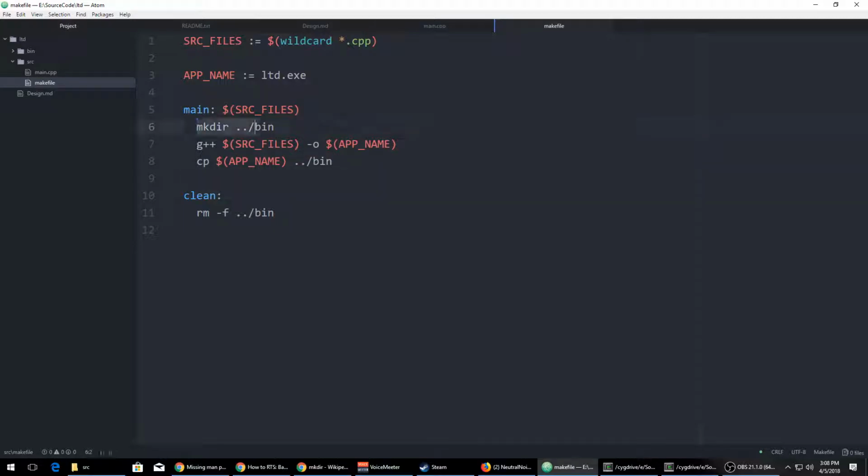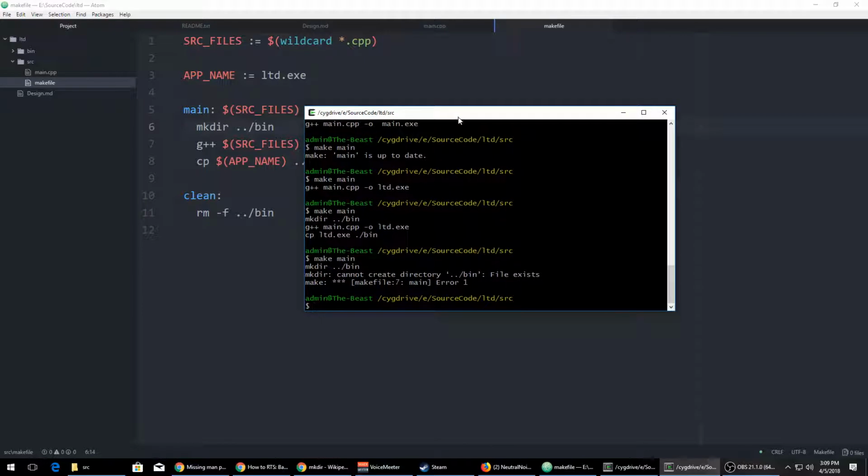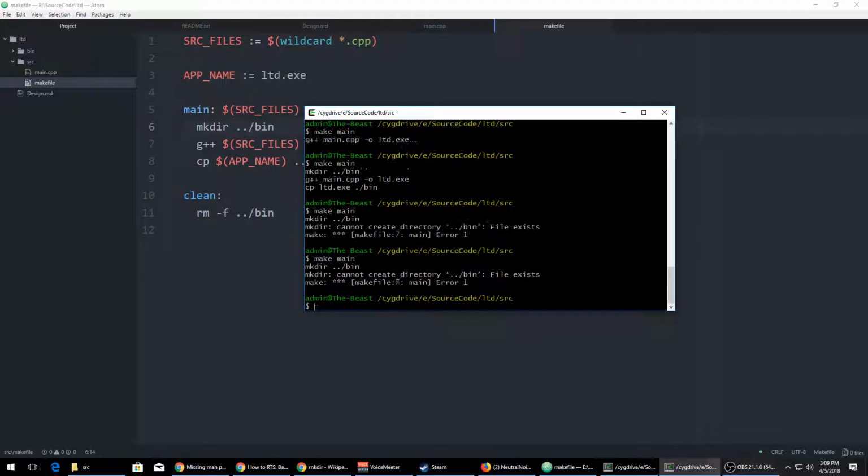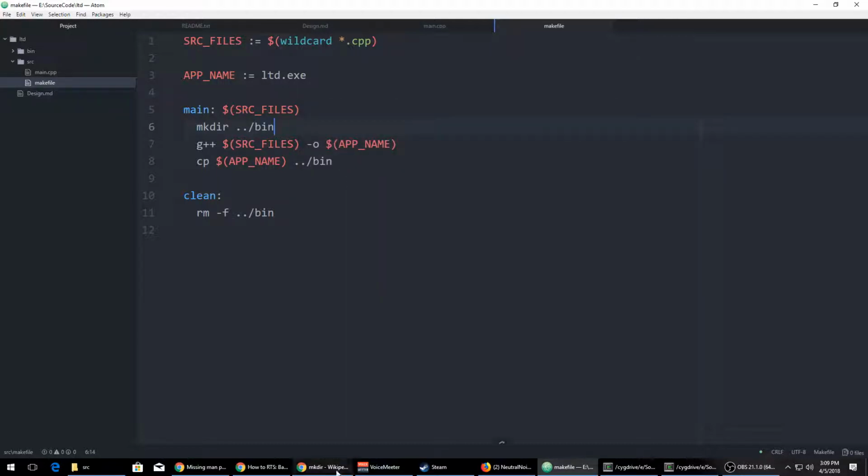But at the moment, this makedir is having an adverse effect because it makes it fail, as you can see, because it already existed. So that's what I'm looking at now